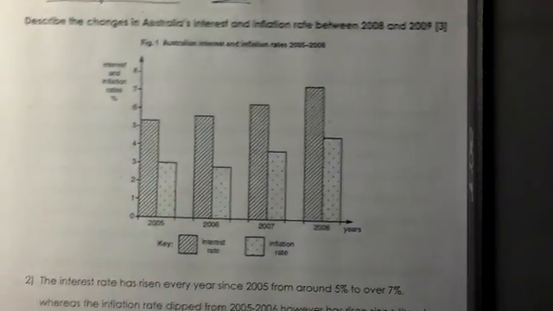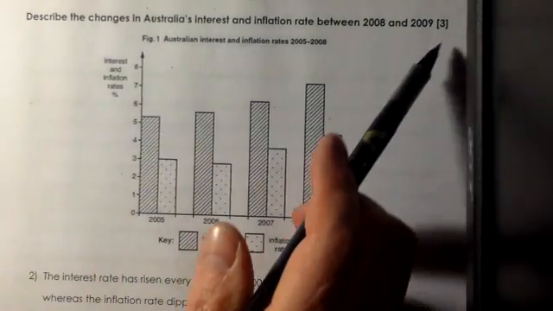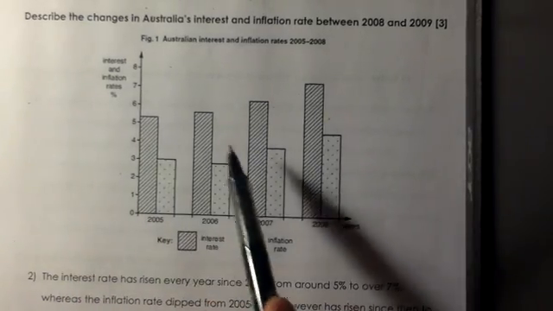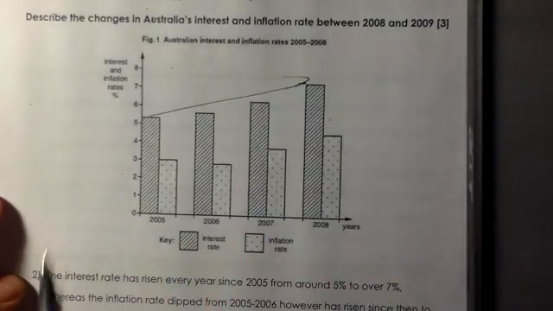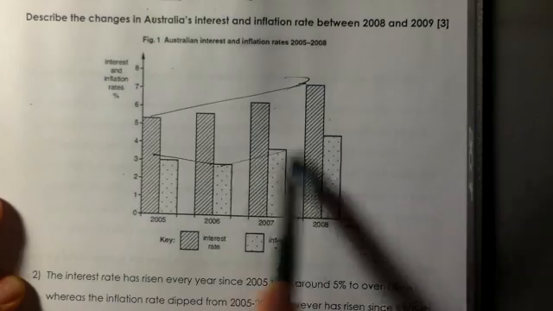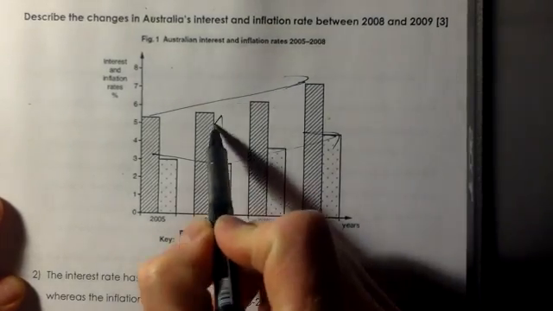The next question says, describe the changes in Australia's interest and inflation rate between 2008 and 2009. This is the graph that was in the case study. As it's described change, and for 3 marks, you're kind of looking for 3 key changes across the graph. You've got an increase in interest, you've got a fall in the inflation rate, and then an increase. And you've always got the relationship that the interest rate is greater than